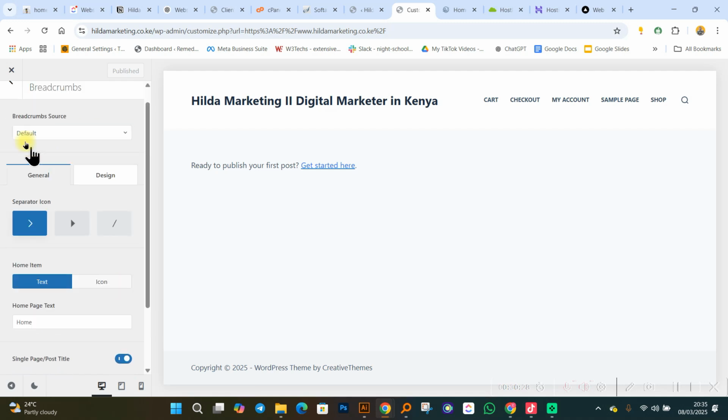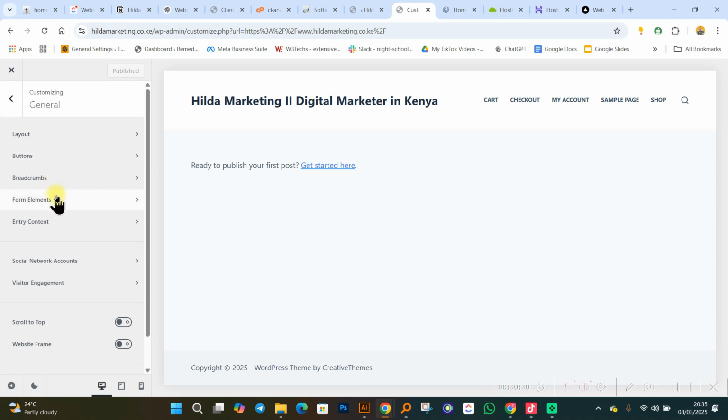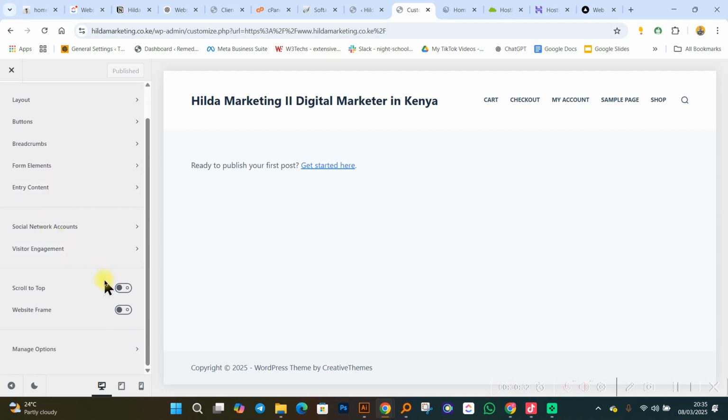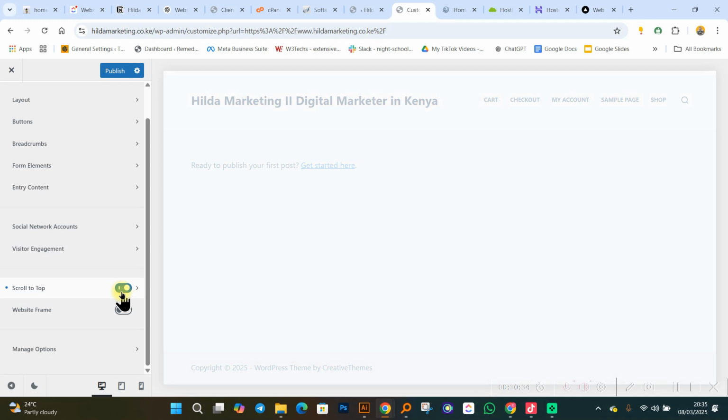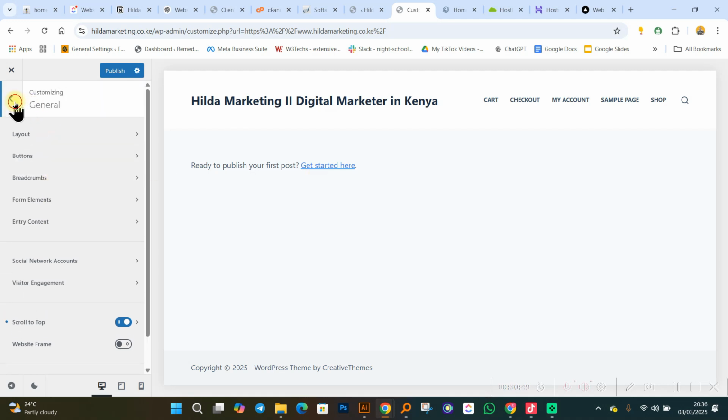There are so many things you can set up. You can even set up something we refer to as scroll to top. When you scroll all the way down a website and want to go to the top very fast, that's a button that is easily available.